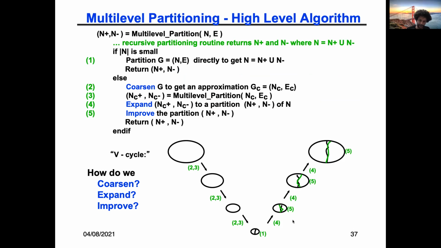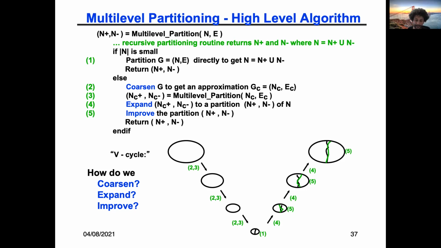After each projection, we do more iterative refinement, because projecting a coarse graph back to a finer graph, it's possible that this cut is not optimal. And we can improve it by another iterative swapping, yet another variant of Kernighan-Lin,